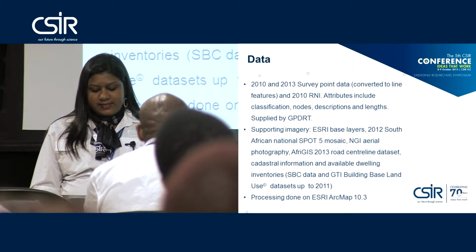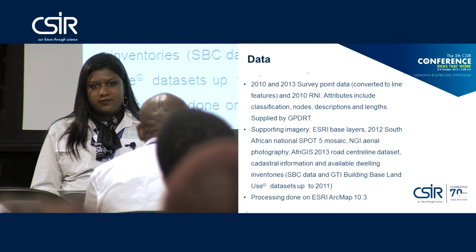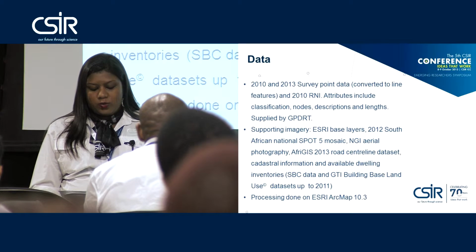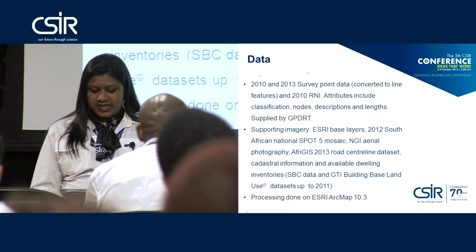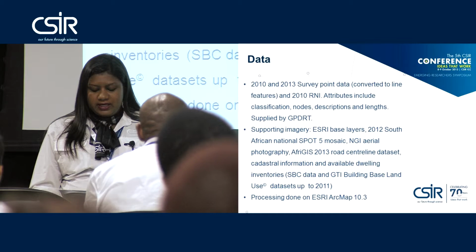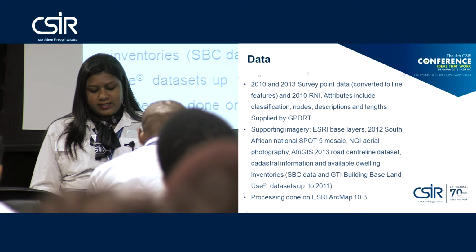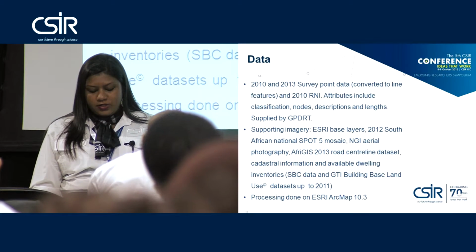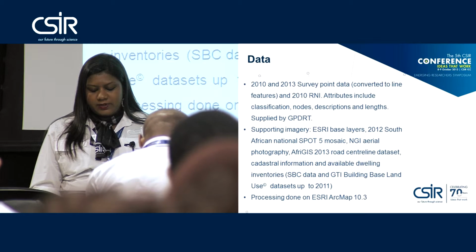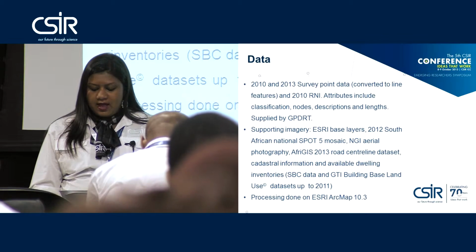The source data supplied by the GPDRT was in survey point format and had to be converted to line features, which encompassed a number of attributes inherited from the 2010 functional classification. The nodes and their unique identifiers in the 2010 dataset had not yet been captured as a point dataset and were only available through the attribute table. Dual carriageways also appeared in the attribute table of the 2010 dataset, but were to be correctly captured as separate